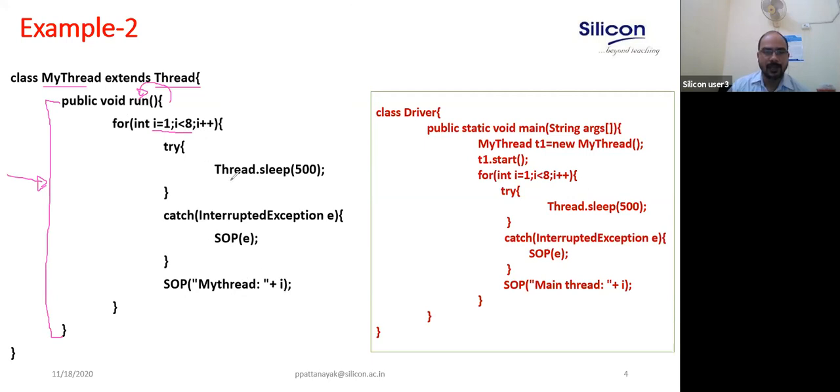Right? So for that, what it is doing, it will use the sleep method here. It will print one variable, print the value of i equal to 1, here in my thread 1. It will print, then sleep for 500 milliseconds. It will block for 500 milliseconds, then wake up, then print 2, 3, 4, 5 like this. So each time, once it populated one value of i, it will block for this many milliseconds.